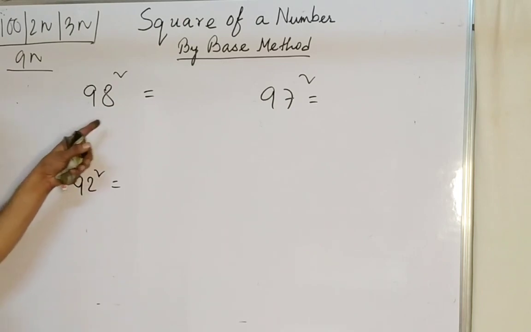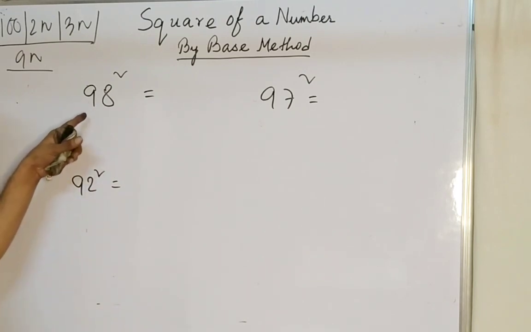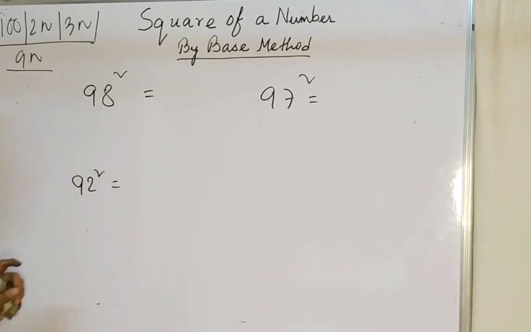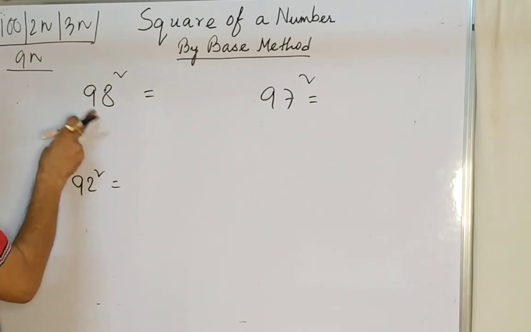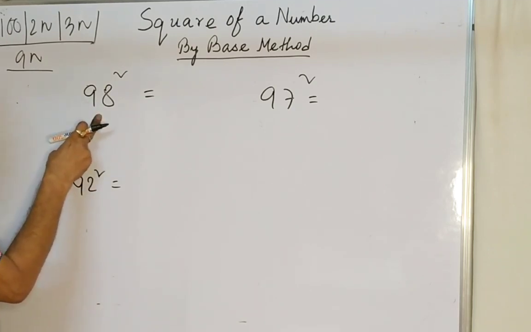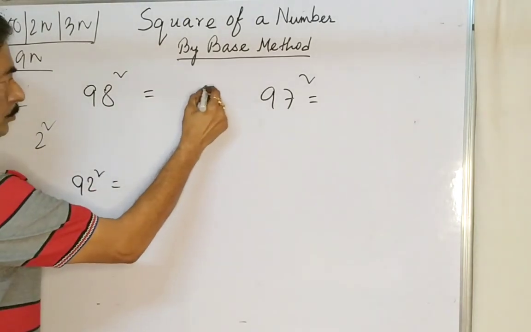We know how to make the square of a 2-digit number from our previous video. Now, how to find the square of 98 by the shortcut rule. Your base is 100. How much is 98 below the base? 2 below. So make 2 square, which is 4. You have to write 2 digits because in your base there are 2 zeros. So instead of 4, I write 04.